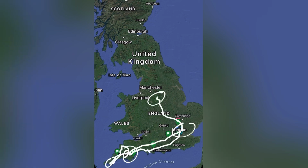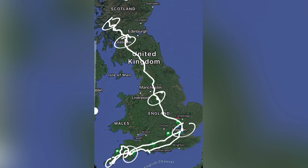Then go up north. North, we will start with the Peak District. That's where we would like to be for a couple of days and discover all the different routes and driving roads. And then from there on, drive to Glasgow, and that will be our first night into Scotland. From there on, we will drive to the Highlands, with the first being Glencoe. I heard so much about it and how beautiful it is. So we will be based there and maybe do a camp night,